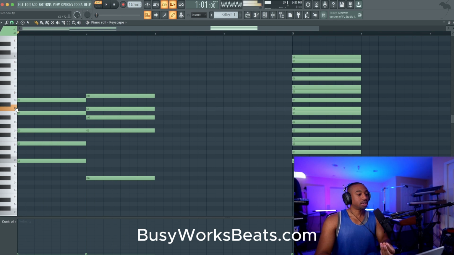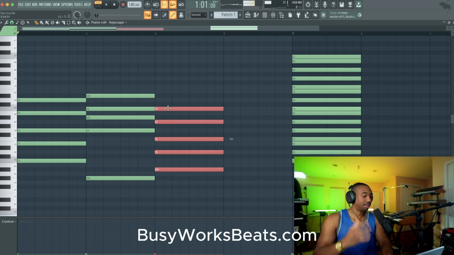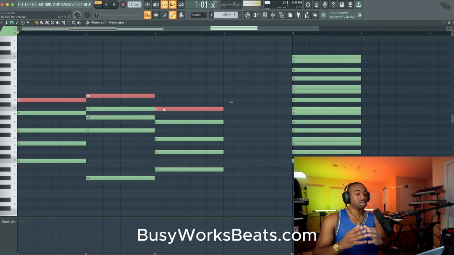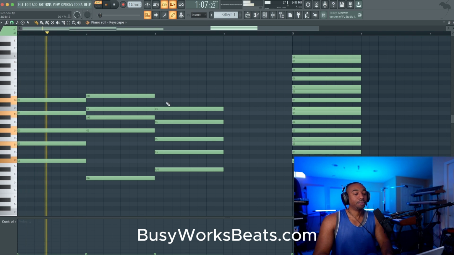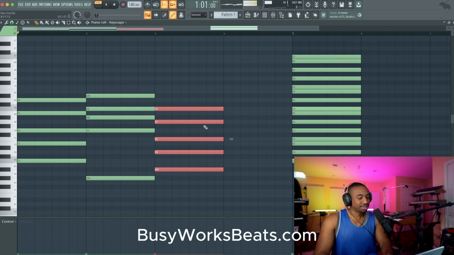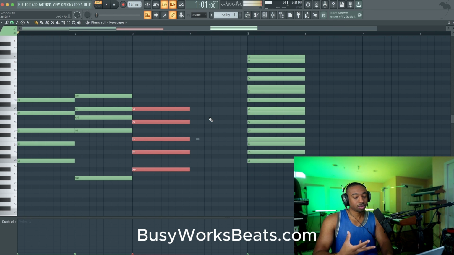And now my ear wants to hear this C. So this is where I stop worrying about the scale and I just go based off of what my ear wants to hear next. Remember, your ear is listening to the intervallic resolution. So when people say they play by ear, they're referring to the jumps in the top notes most of the time. Intervallic resolution. And then I have to ask, does this chord sound right? It sounds right, but it could be better.